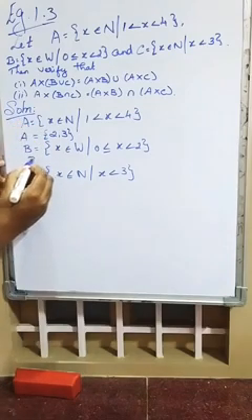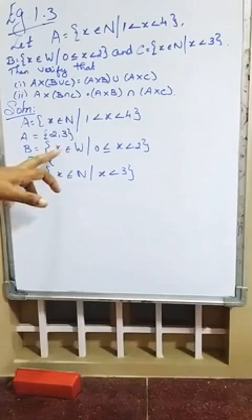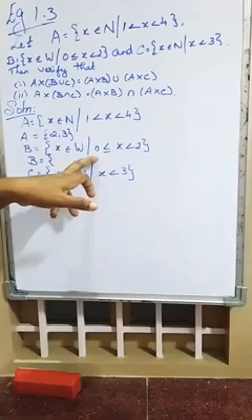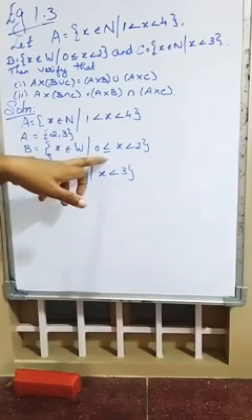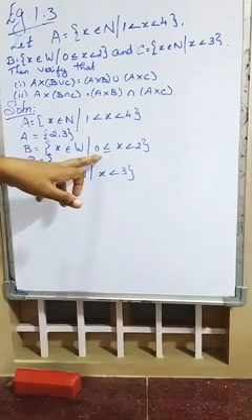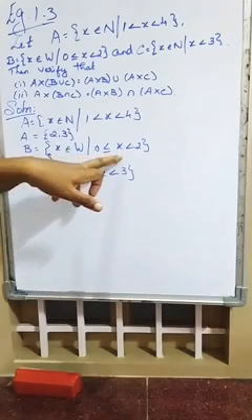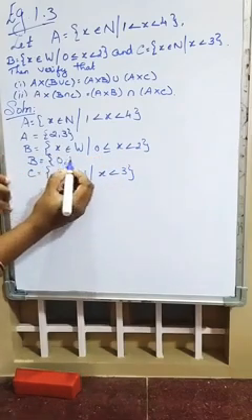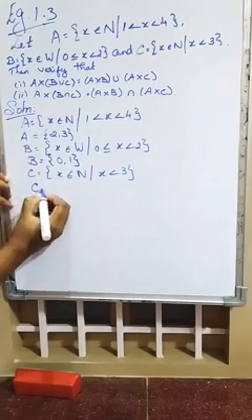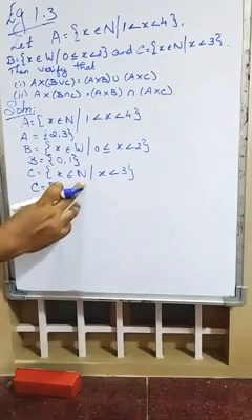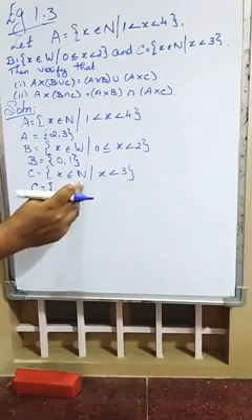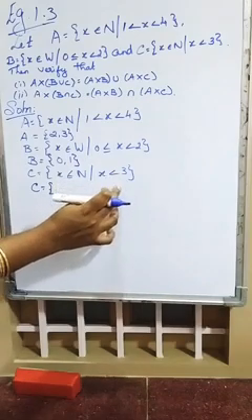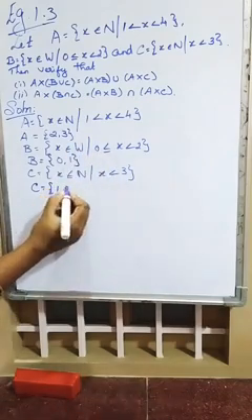Then, B is equal to, the value of x starts from 0 because of less than or equal to, therefore 0 is included. Therefore, the value starts from 0: 0, 1, and 2 is not included. Therefore, the value is 0 and 1. Now, the value for C is natural numbers less than 3. Natural number means starts from 1. Here less than 3 means 3 is not included. Therefore, 1 and 2.